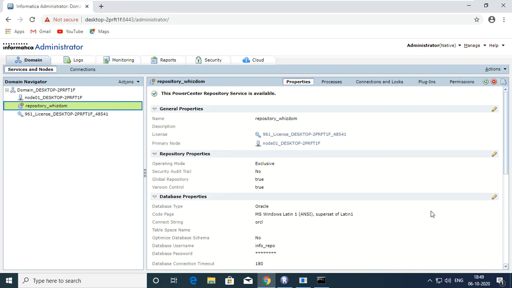As you can see, the repository service is available. So this way we can create the repository service whenever we want.